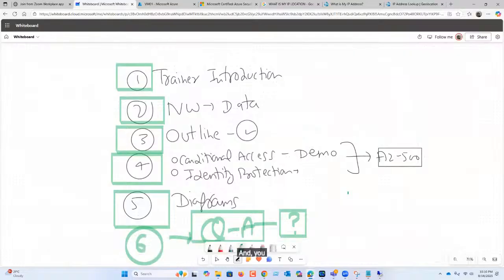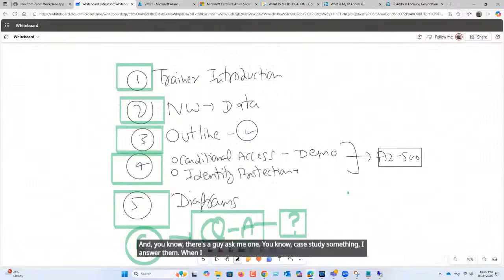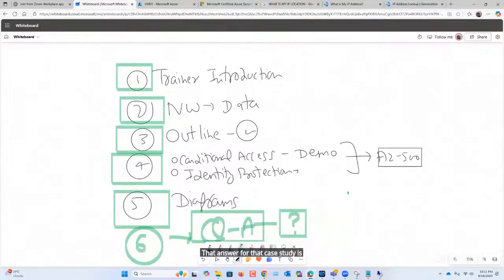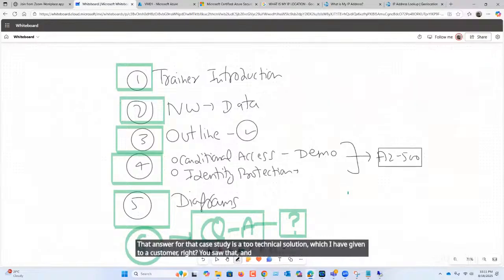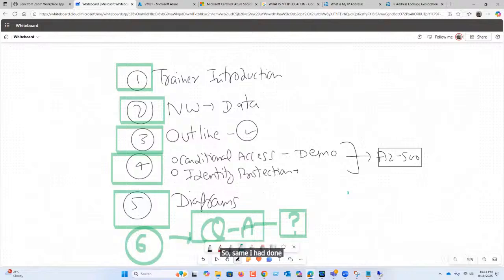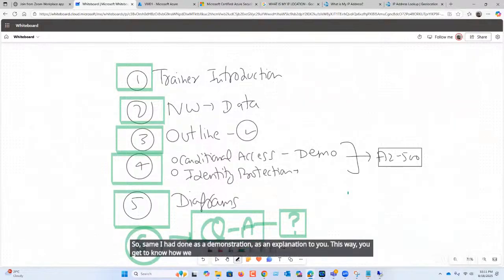And a guy asked me a case study question. I answered them. That answer for that case study is a technical solution which I have given to a customer, right? You saw that, and those things are conditional access and identity protection. So the same I had done as a demonstration, as an explanation to you. This way you get to know how we deal going forward.